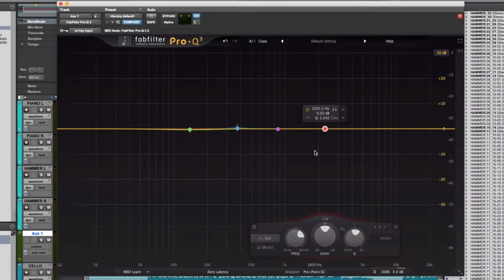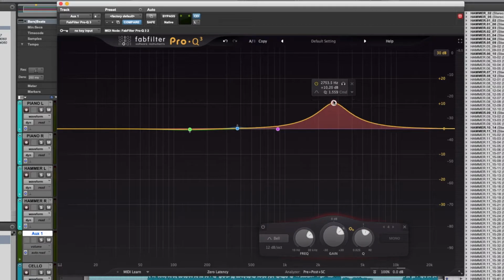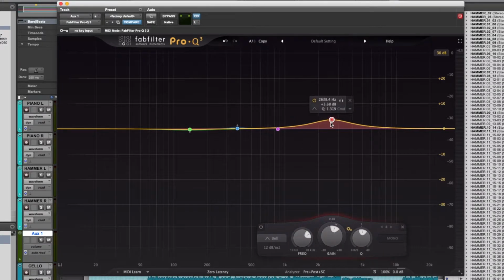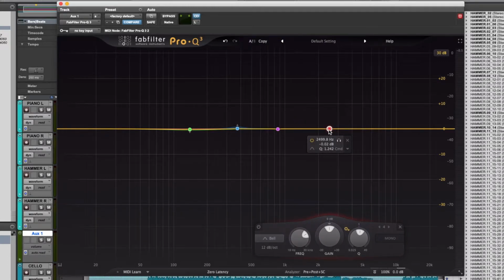Next up is cue gain interaction, which is a way to automatically adjust the cue of the band you're adjusting depending on how much you're adjusting it. Sounds a bit similar to an API EQ. To activate cue gain interaction, all you have to do is hit this little settings button down here and then just make the changes you want. As you can see, it's getting a little bit narrower the higher I make it, a little bit wider if it's smaller cuts. So a handy new feature, definitely one to play around with. Sounds a bit more analog than you would expect from an EQ like this, but it's a really cool feature.